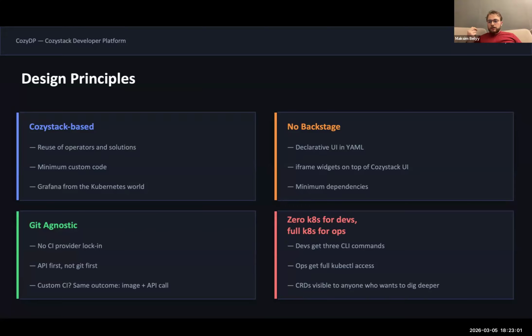The next is Git agnostic, because some users have GitHub, some GitLab or Bitbucket or something else. Because of this, I want API first, with no GitOps required for developers. And the final principle is zero Cozystack knowledge for developers and full for ops.